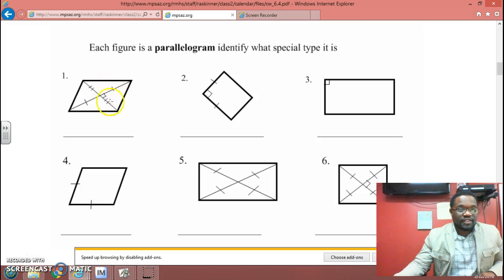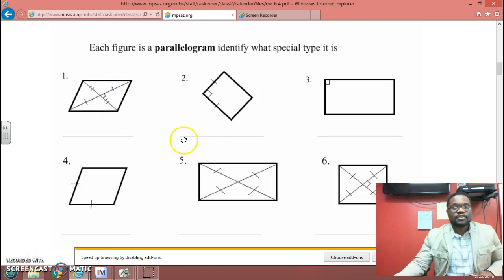Notice that the diagonals make a perpendicular angle right here. Automatically, you should be thinking rhombus. All right. Here, notice that I have those sides are congruent, which means the opposite sides are also congruent because